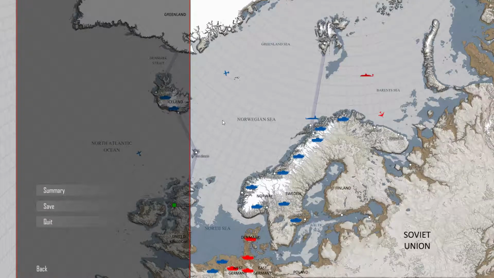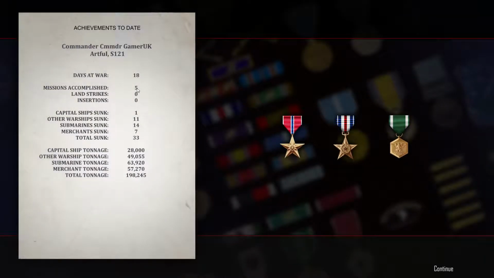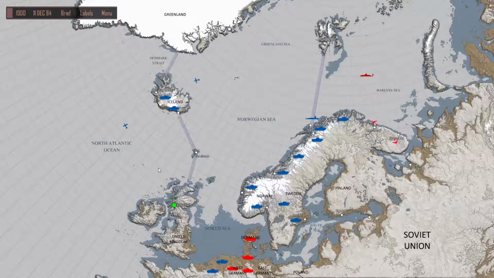So last time we left off, we just finished mission 5. We've been at sea for 18 days. We did sink the Kiev in mission 4. And we're just under 200,000 tons, but I'm playing the Astute in the mod, in the 84 campaign, so on the second hardest setting, I think it's realistic, but with the Astutes it should be easy, but I'm still